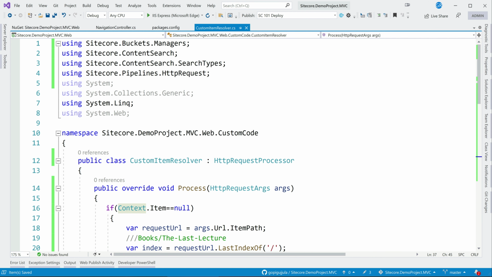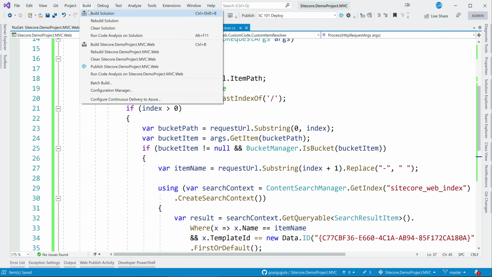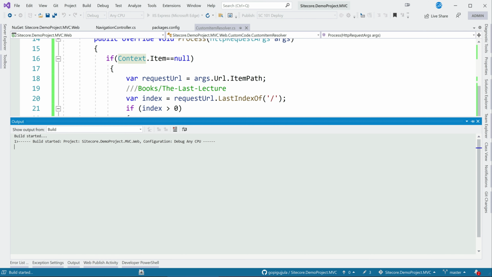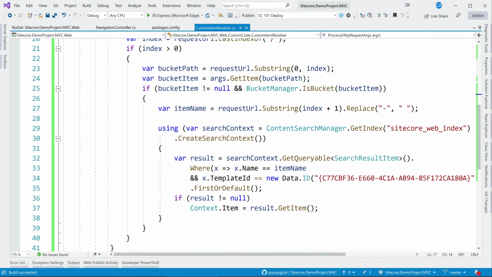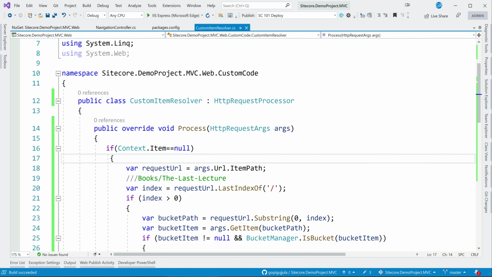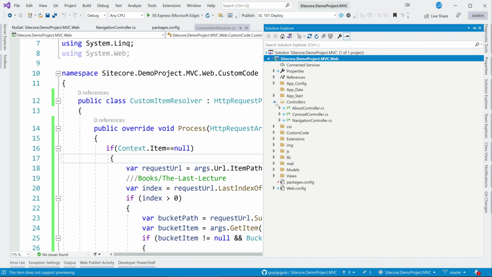So save this. Let me just build and check that there are no compile time issues. Okay, build is fine. Now, this part we have done, but we need to patch this from the configuration. So let me just create a new configuration.